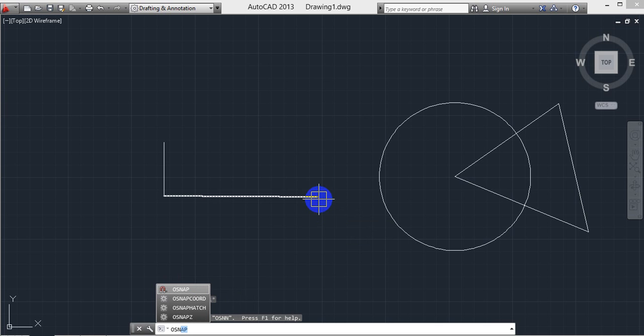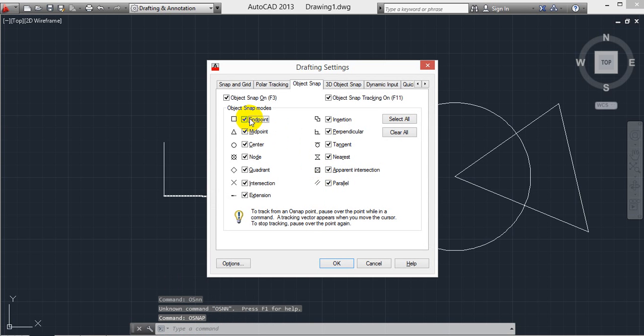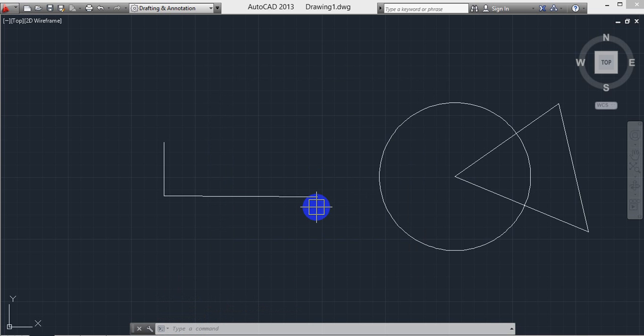OSN, object snap, enter. I'm deselecting endpoint and midpoint. Now it won't show the corner lines, and it's not stopping here, it's flowing throughout the line.